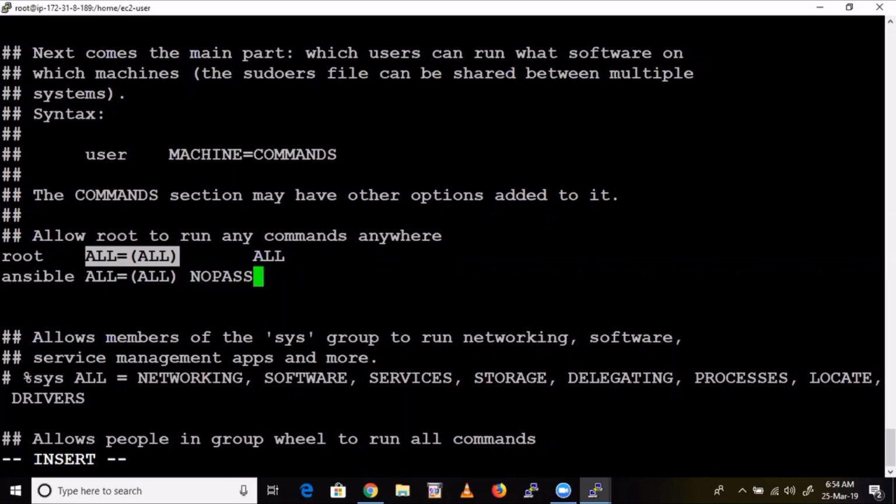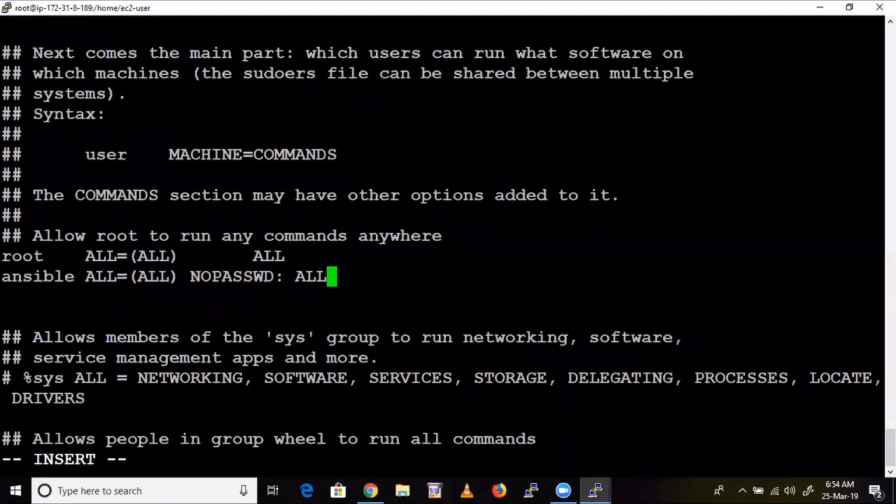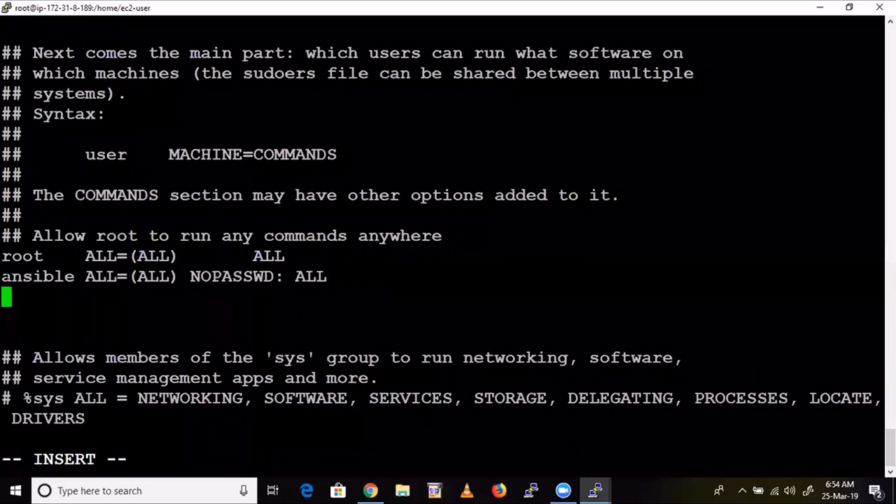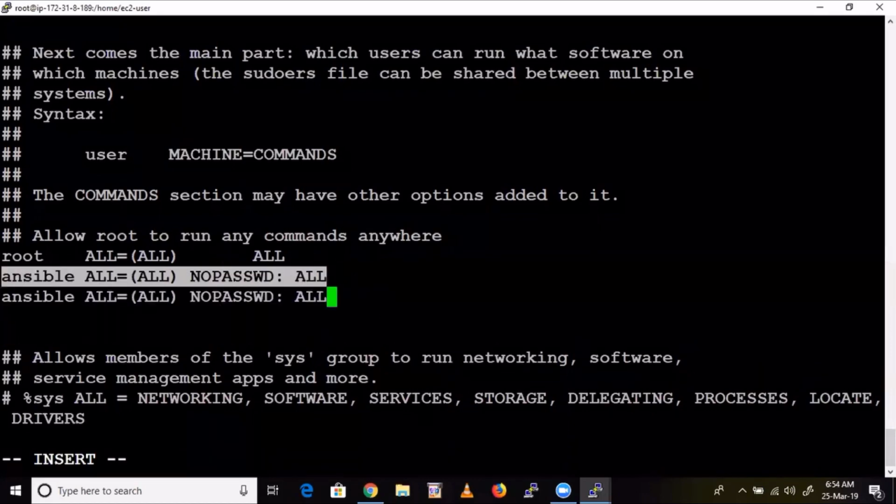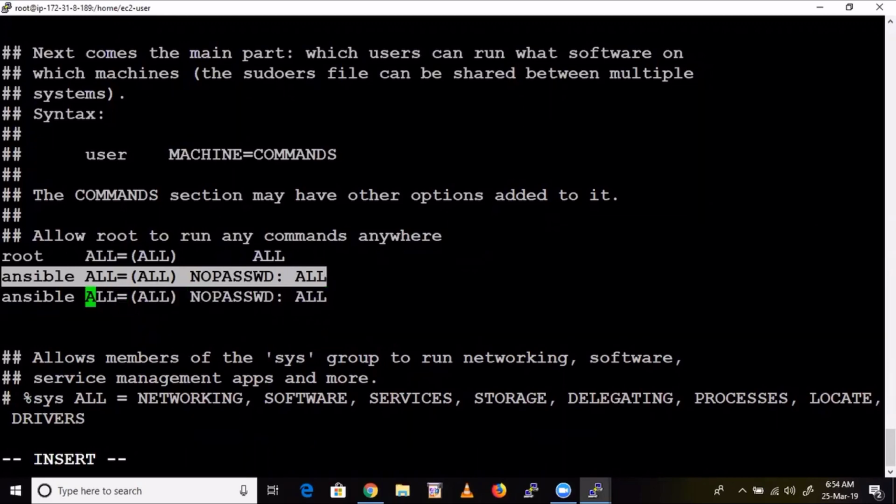NOPASSWD, colon, space, ALL. You have to mention it like this only, guys. NOPASSWD: ALL. This is how you mention the list of users. For example, if you want to add one more user, you do the same thing, repeat, just change the name, for example Raj.